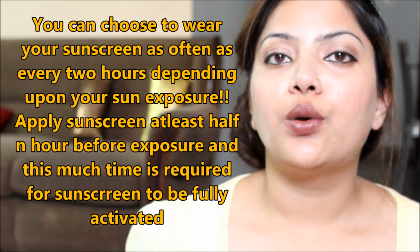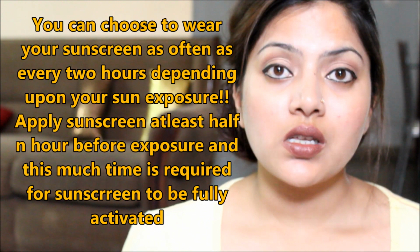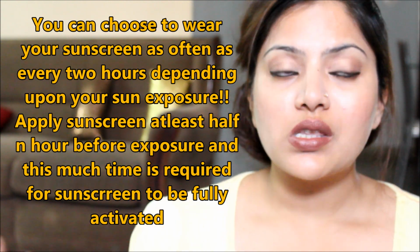Another thing is how often you should use sunscreen. It depends upon how long an exposure you have. If you work out in the sun, then you can use it every 2.5 or 3 hours. If you stay indoors, then you can use it every 3 to 4 hours. Before you step out